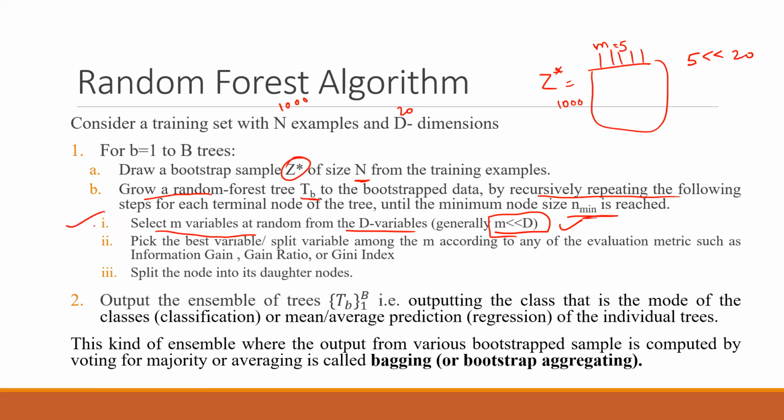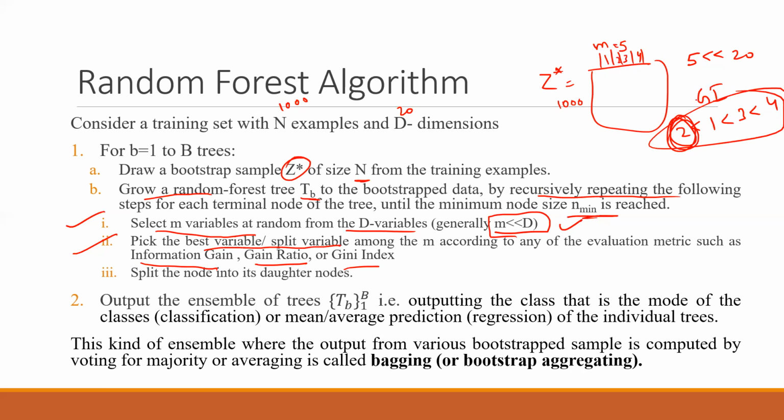So first of all, this step has been discussed. Now you have to pick the variable. You have to pick the best variable out of the selected columns. Let's say column 1, column 2, column 3, and column 4. So you have to select one variable out of these 4 by using information gain or gain ratio or gain index that I have already discussed. So maybe you are using gain index. So whichever one has the lowest value of gain index, let's say this is the sequence, in this case this is the smallest one. So 2 will become the root node.